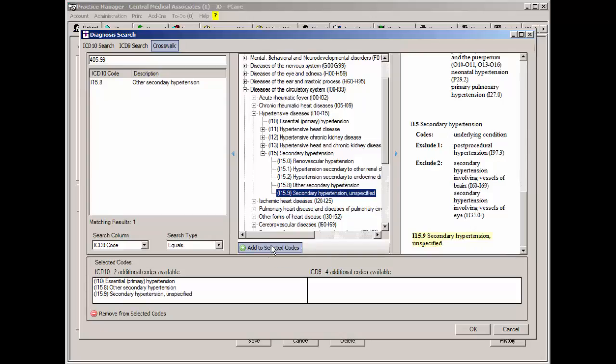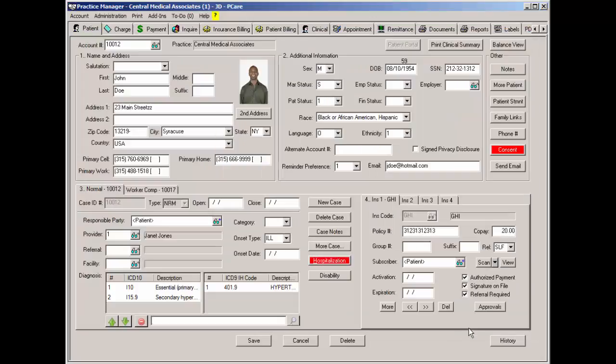Likewise, in each of the areas of the Diagnosis Search dialog, you have the ability to remove codes from the Selected Codes area by highlighting that code and then clicking the Remove from Selected Codes button. Once all of the applicable codes are selected, you can click the OK button and the codes will be populated